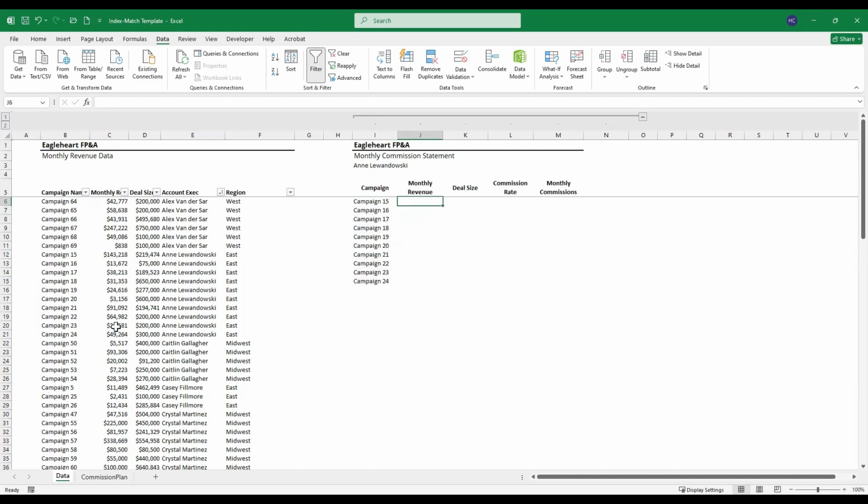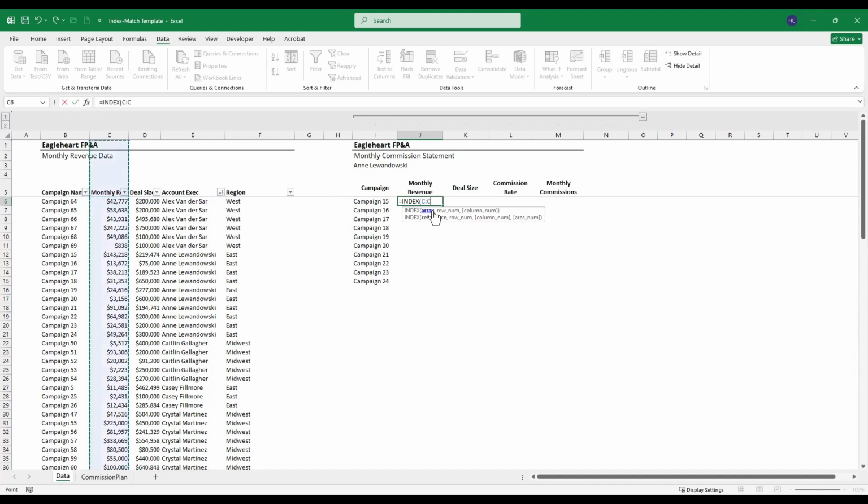So the first thing we're going to do is bring in the monthly revenue for each of those campaigns using index match. So let's start the formula with equals index, and hit tab. And the first thing the formula is asking for is an array. And in this case, the array will specifically be the range of data where you would like to search. And in this case, we're looking for the monthly revenue, which is in column C. So let's go over to column C, hit Control spacebar to select the entire column,